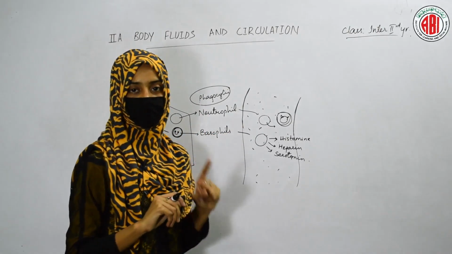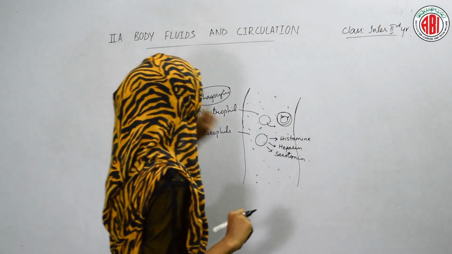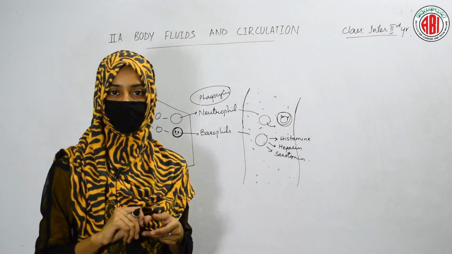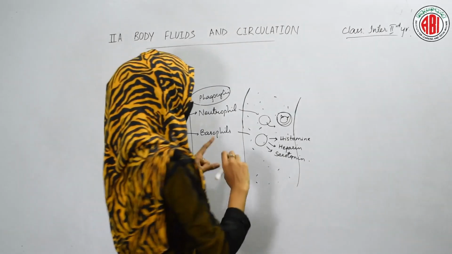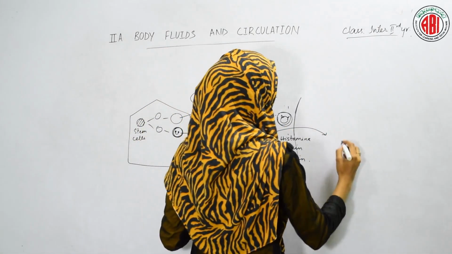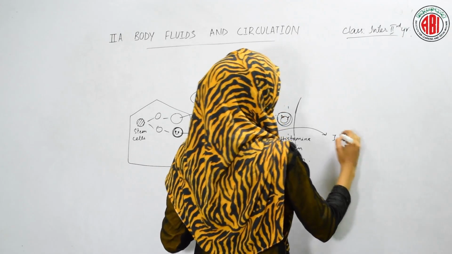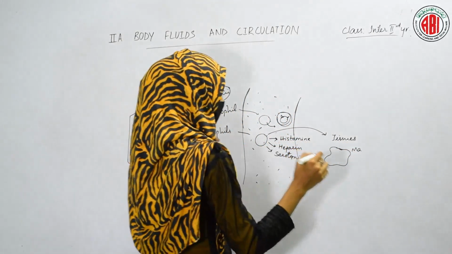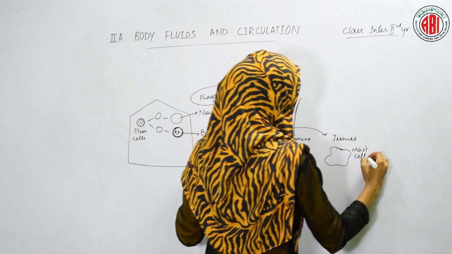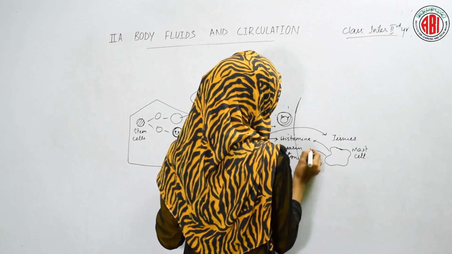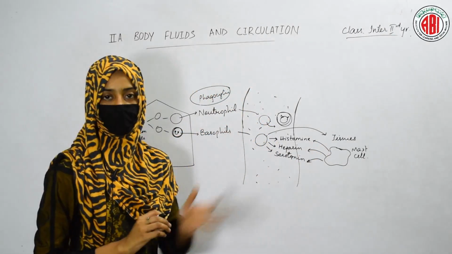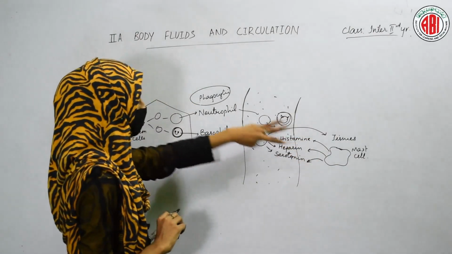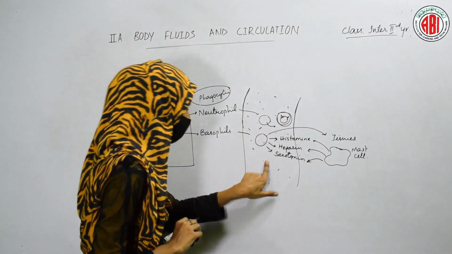While learning about asthma, I already explained that histamine is released by the cells. By which cell? It is released by mast cell. Once these basophils reach the tissues, in the tissues they become mast cells. Basophils are the white blood cells that act as mast cells. So this mast cell releases these three chemicals. If it finds any infection in the tissues, then this mast cell releases three chemicals, histamine, heparin and serotonin.